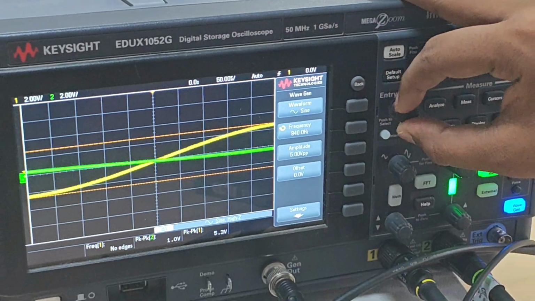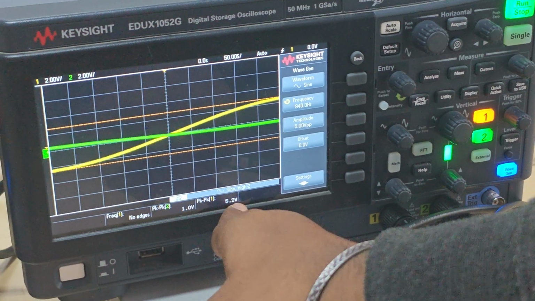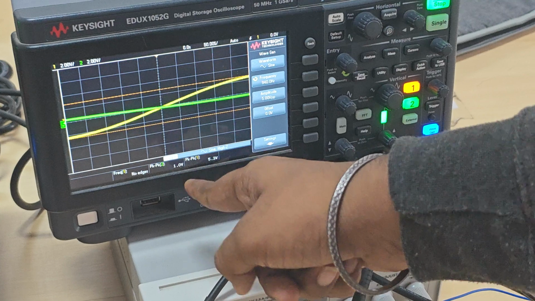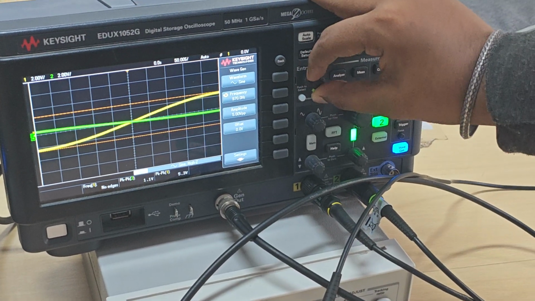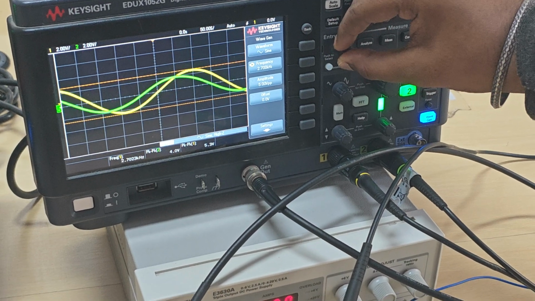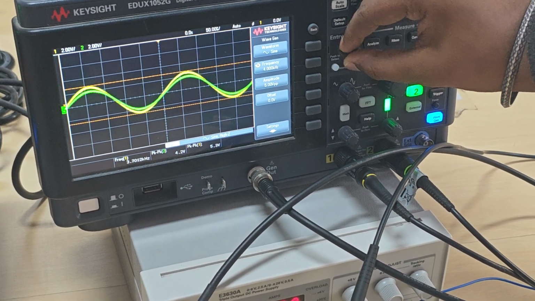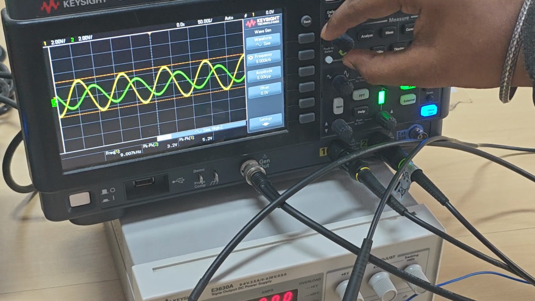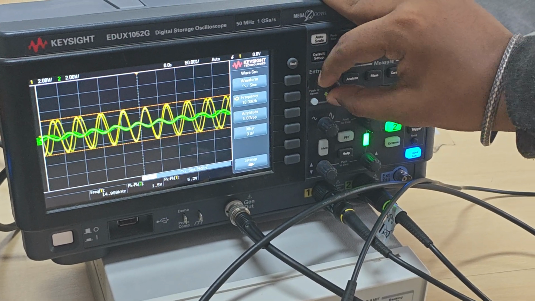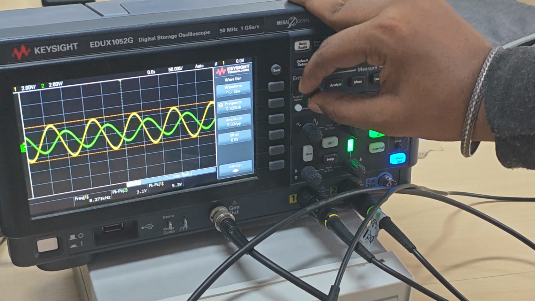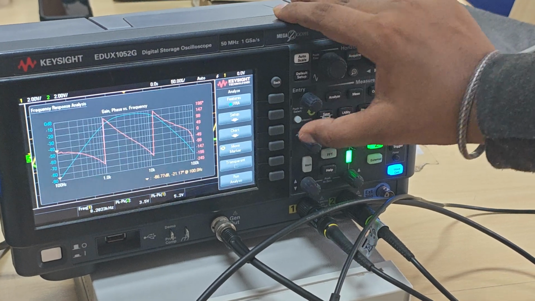Now I will sweep the frequency. The first one is the input to the Bessel filter, and the second one is the output of the Bessel filter. As I increase the frequency, the amplitude of the output increases, so we can see it functions properly. As I increase beyond 7 kHz, the amplitude decreases, which means it's a band pass filter. So if we go to the FRA and rerun this,